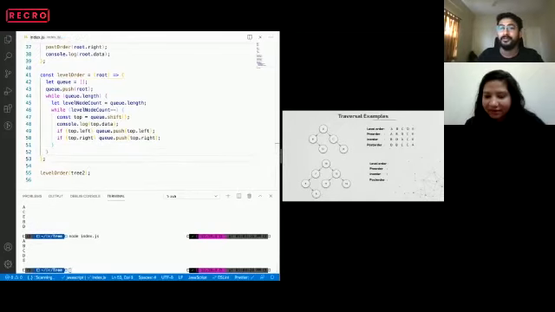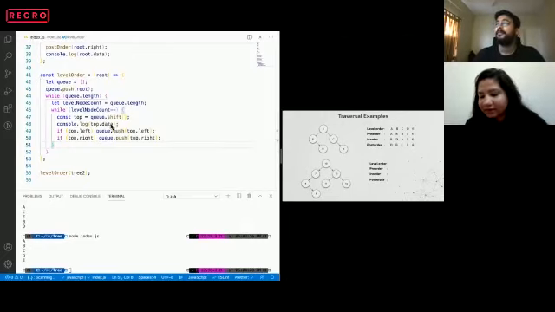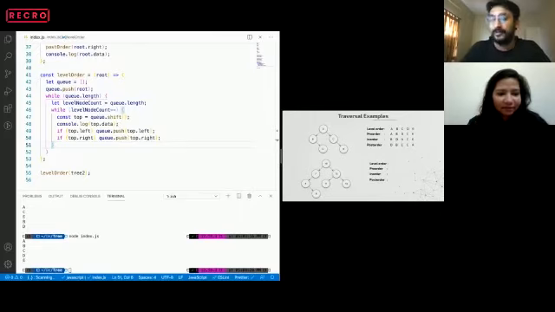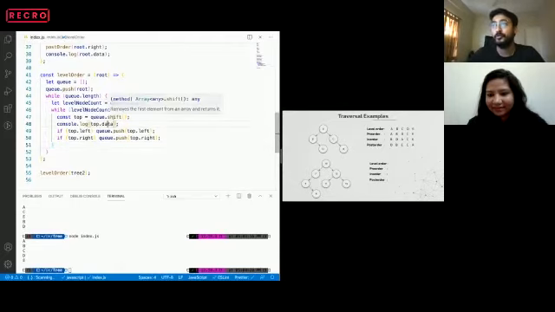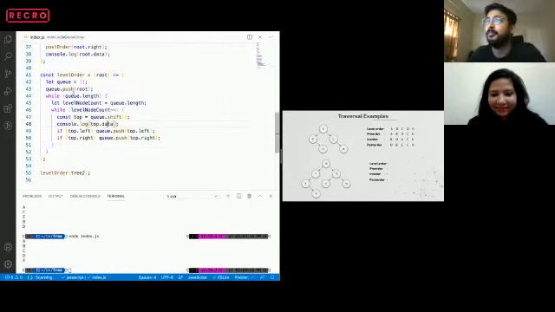Then Sachin has said top dot left dot data we should push. I'm not sure what that means, but that is totally fine. We should not push the data. If you are pushing the data, then we will not be able to access the element over there, right? So we are not pushing data on the queue, rather we are pushing the entire node on the queue. Achintya has said use q dot push brackets semicolon. Yeah, I think Vivek gave the right answer. So q dot shift was the thing. We were using q dot pop, and if we are using pop, then it's a stack implementation. It's not a queue. Great, Vivek.